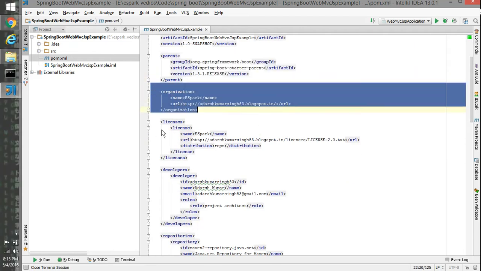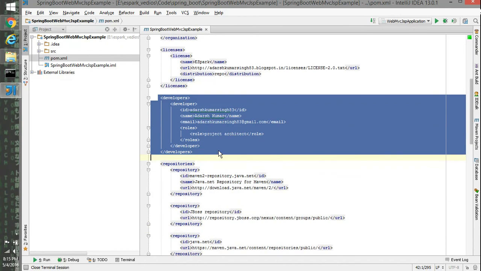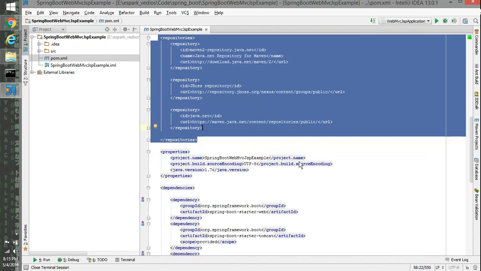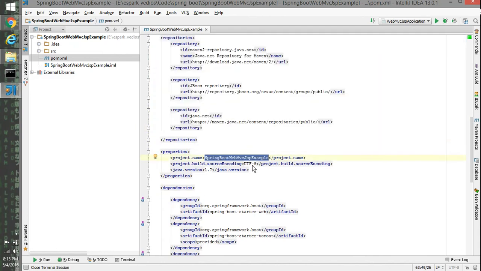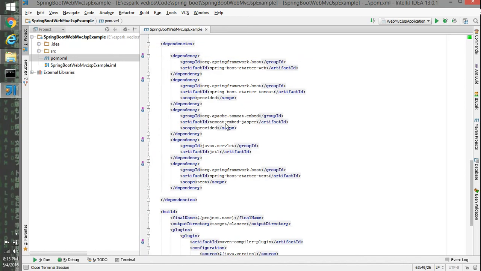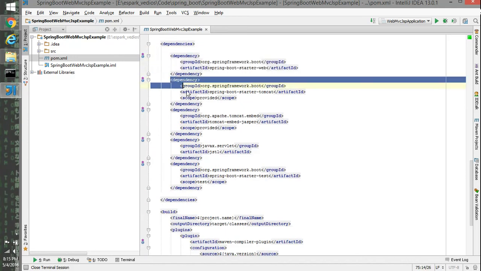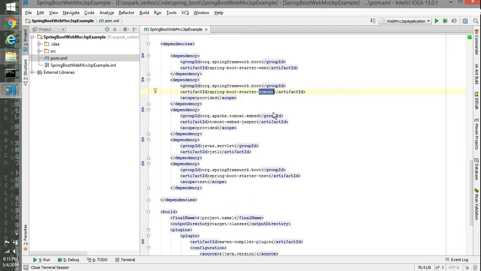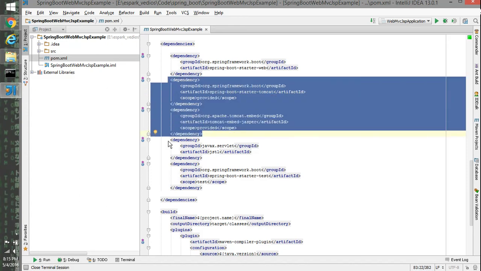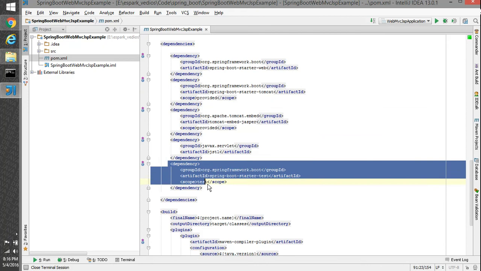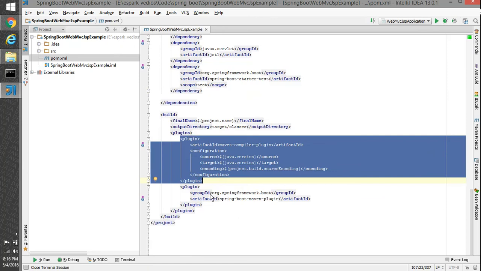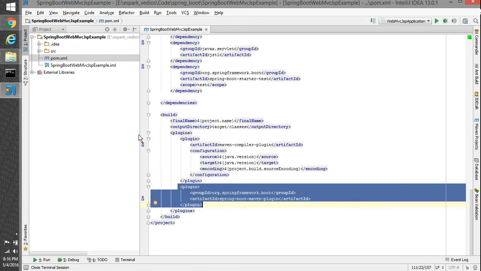This is the organization tag, license related stuff, developer related stuff, that's me, and the repositories from where it's going to pull the dependencies. This is a property where we have specified the project name, character encoding and JDK version, followed by Spring Boot starter. Then we're going to use Tomcat as a web container, so it will pull the embedded Tomcat, and this is a servlet related dependency, and then Spring Boot starter for the test things. The rest is the same configuration: the Maven plugin, compiler plugin, and then a Spring Boot plugin which will create an